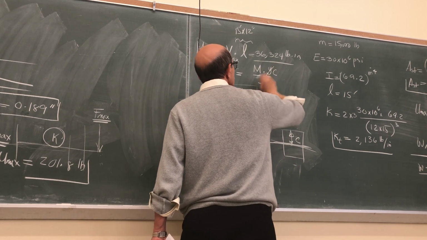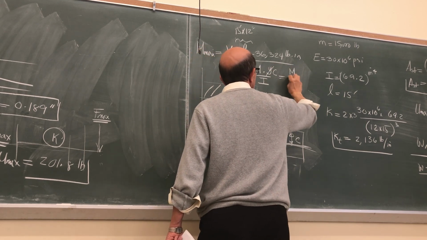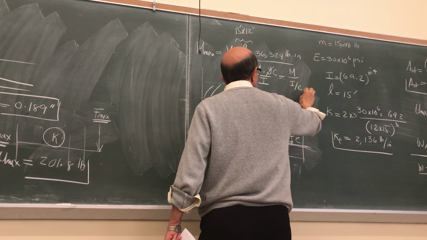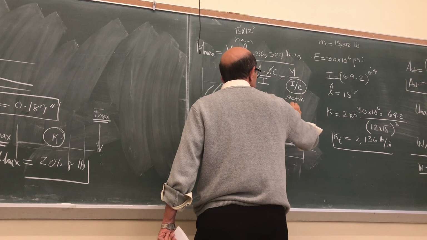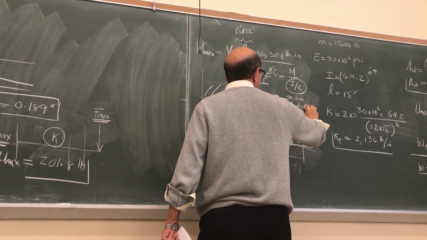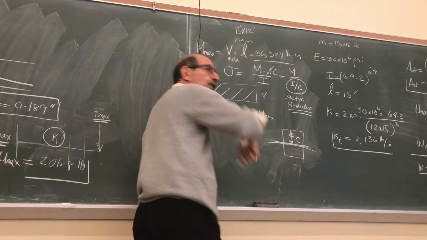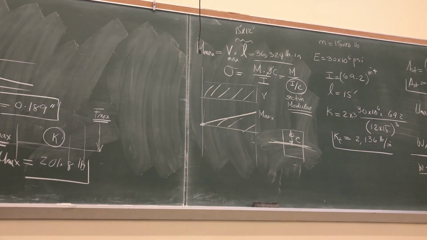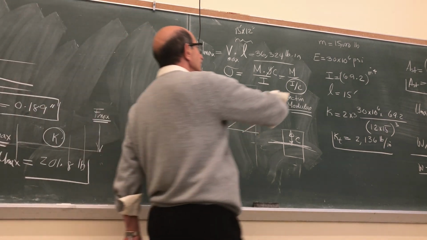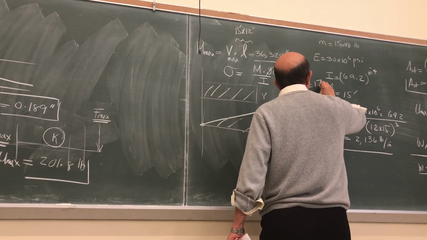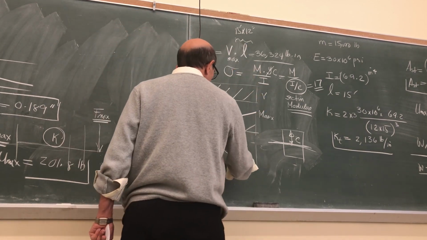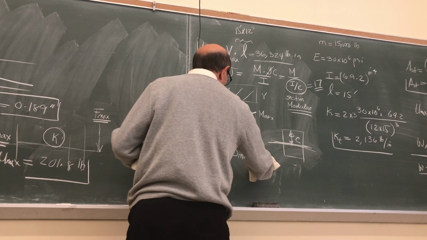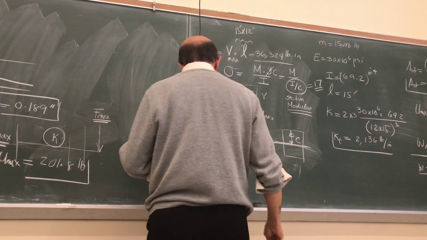We show that as M over I over C. This was called section modulus. In the problem, this is an I-beam, and section modulus is given as 17, so divide the moment by 17, and the maximum bending stress comes out to be